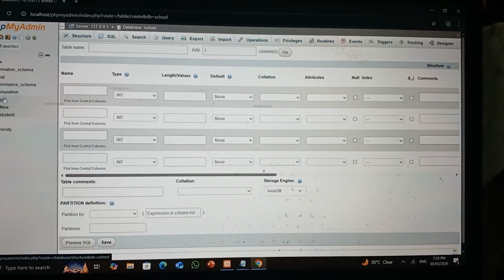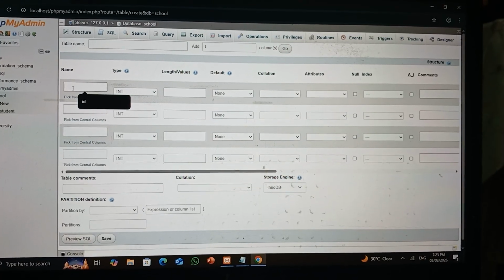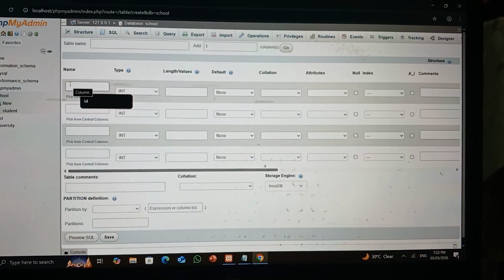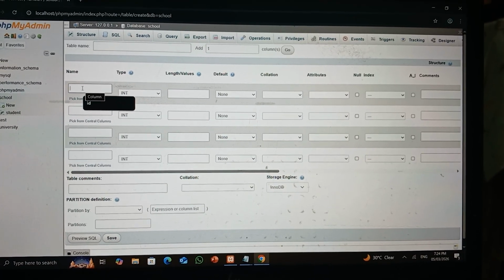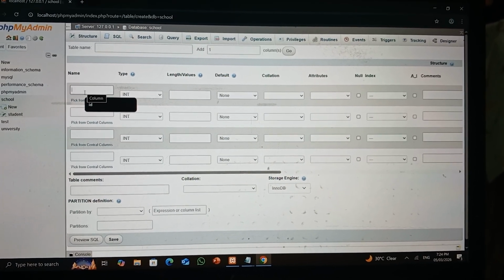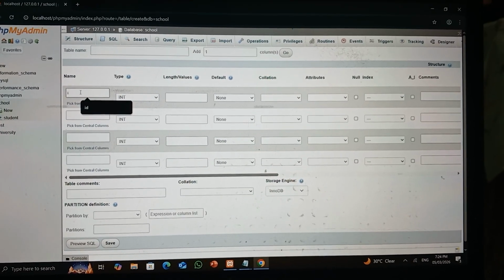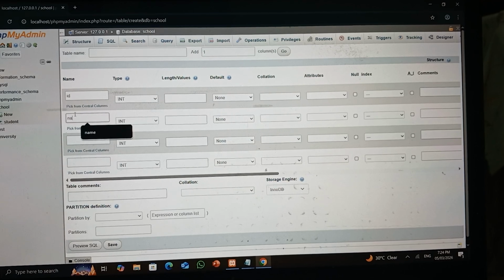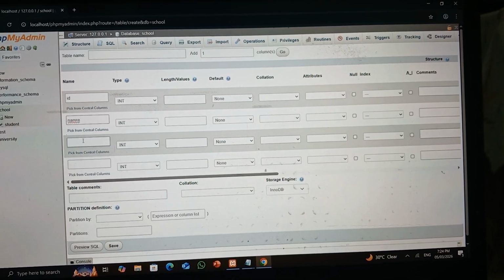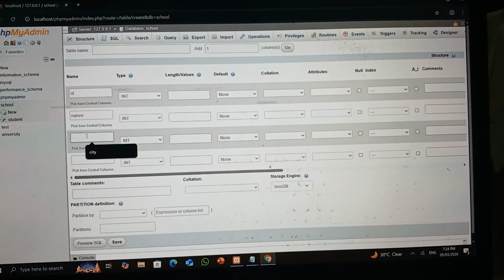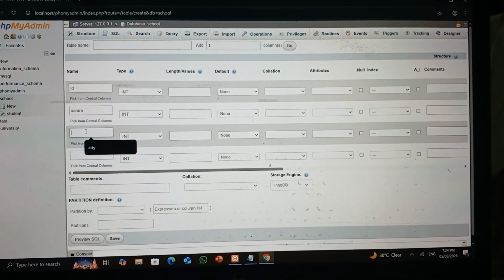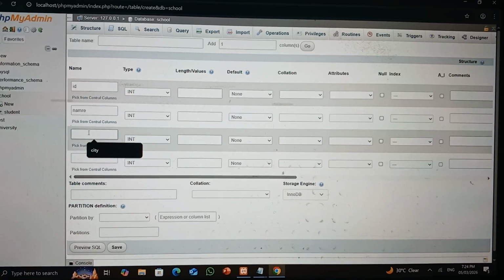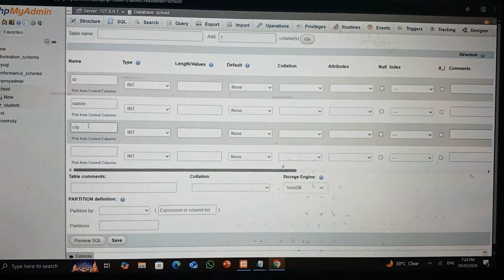After this, there are options to create table. These are the name that we want to give our columns. Like I want to make a column ID, name, and city. int